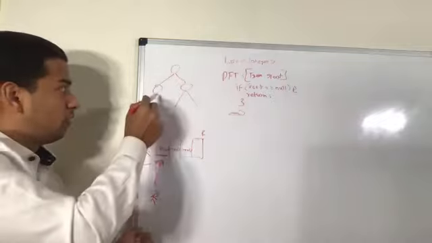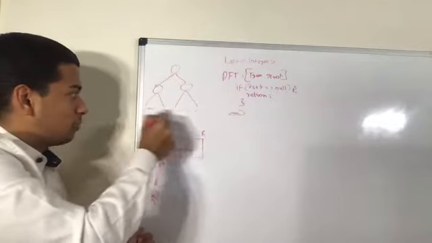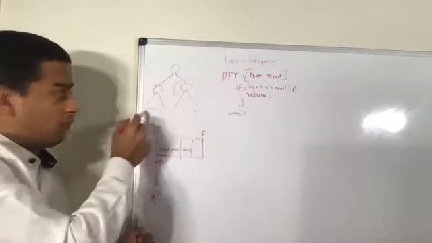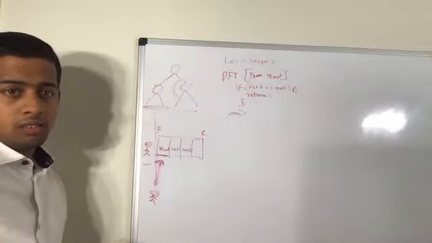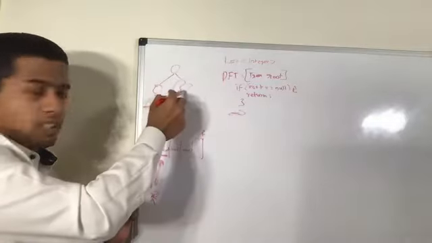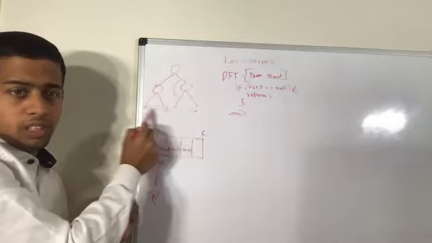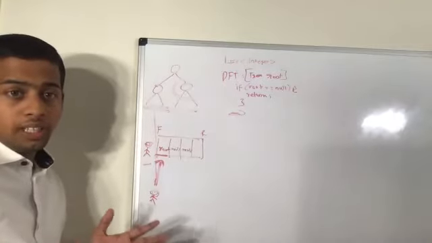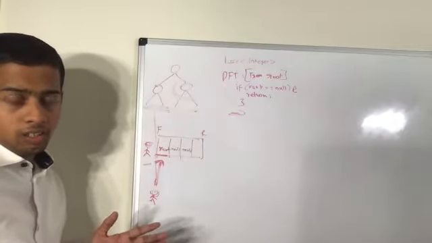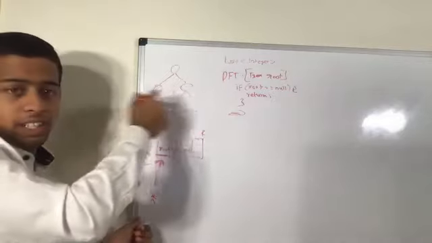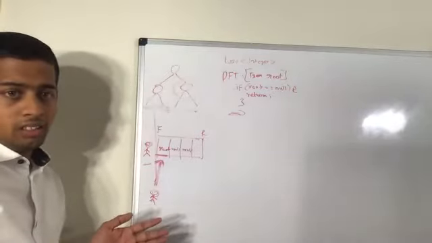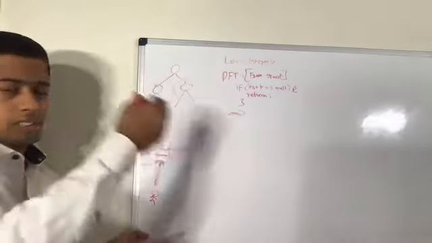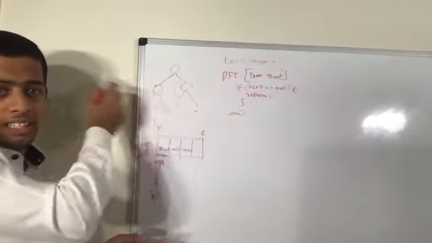Otherwise, what will happen? If I print this and then bring the next batch, I will not have visibility of the left side. If I print this, I will not have visibility of these people, and I will not have any possibility to access the right parent. So first I should have this level in a queue, then I should print them. Security should assess them, then bring the next batch and then exit this batch.